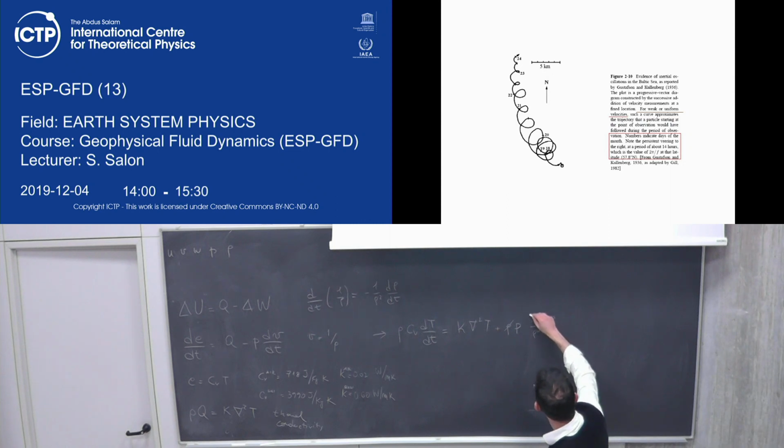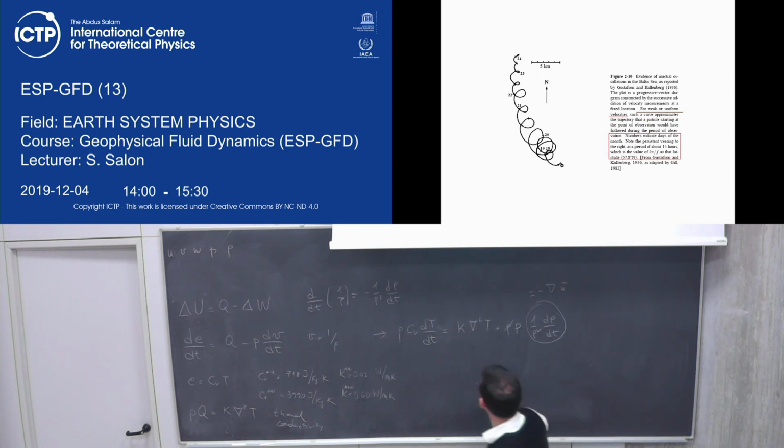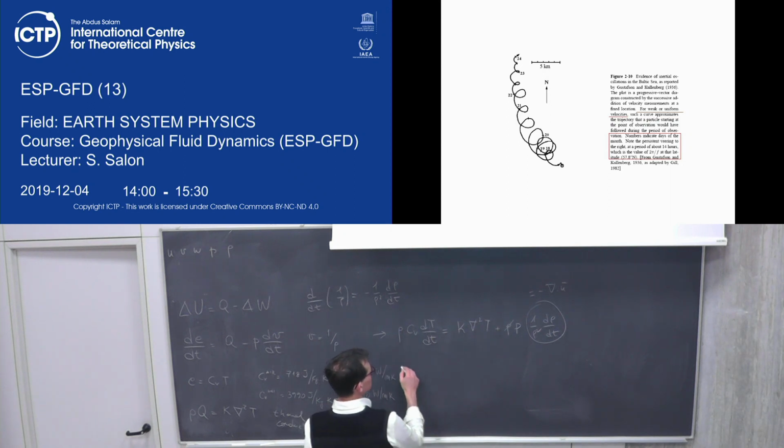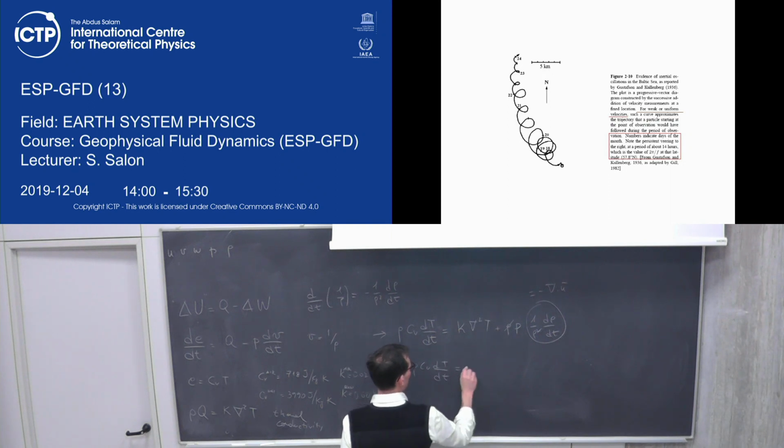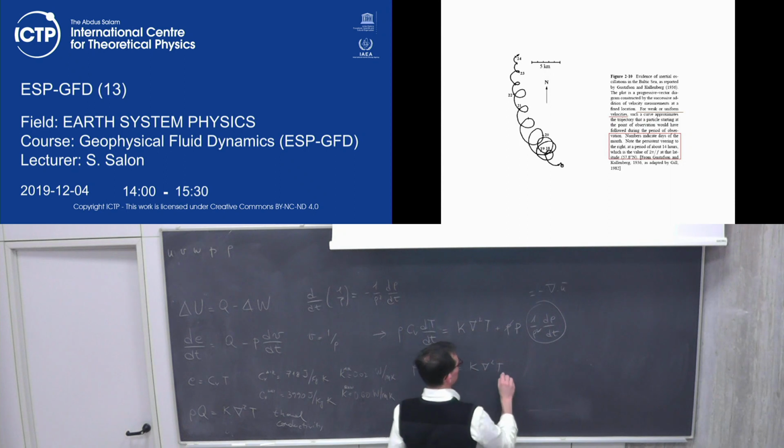And so we have 1 over rho d rho dt, which is equal, you remember, to what? 1 over rho multiplied by the rho dt, gradient of velocity. So we have divergence. And this is the energy equation. So we have rho Cv dT/dt equal K, minus P